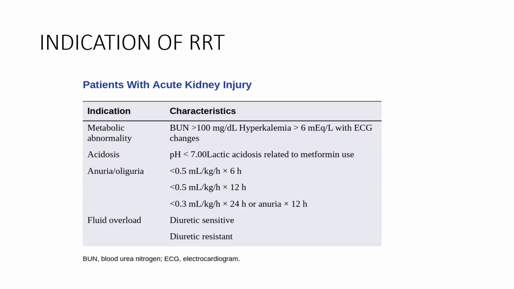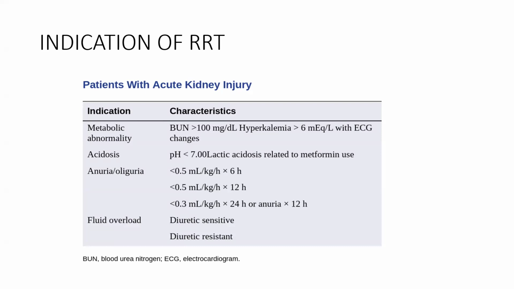more than 100 mg per dl, hyperkalemia, that is more than 6 mEq with ECG changes, acidosis, that is pH less than 7, lactic acidosis related to the metformin use, then anuria or oliguria, then it is defined as